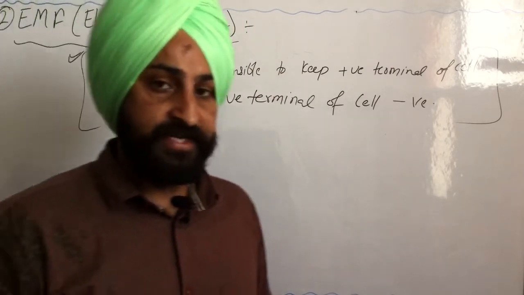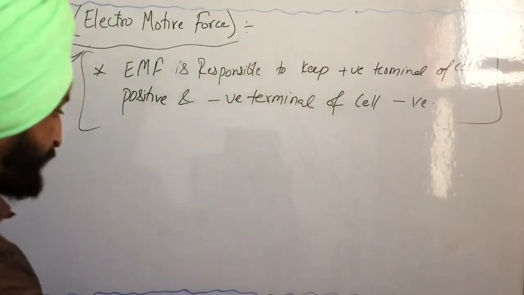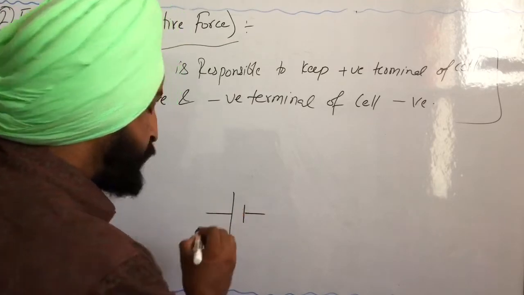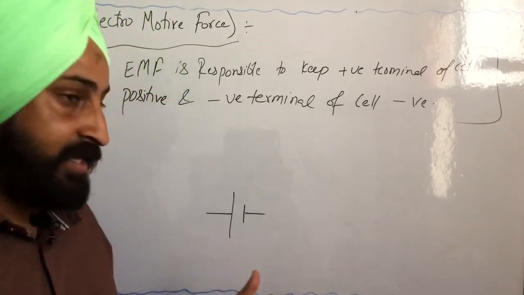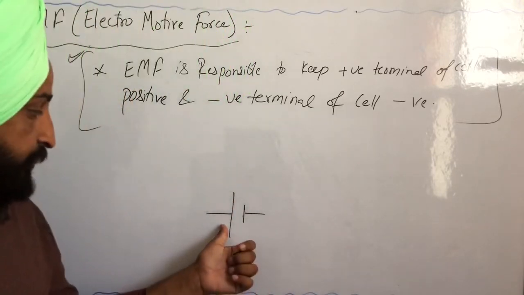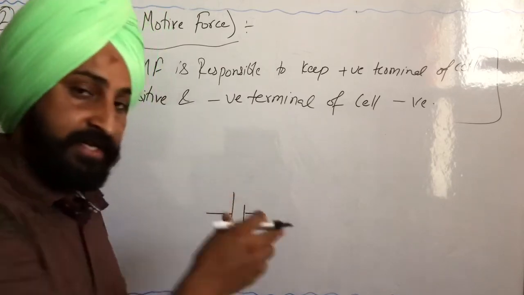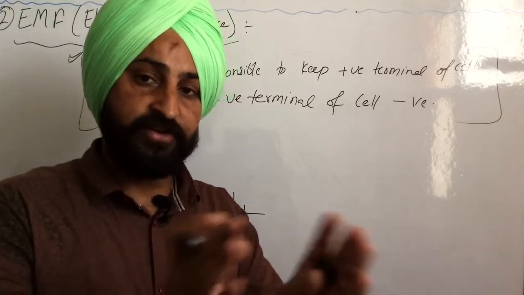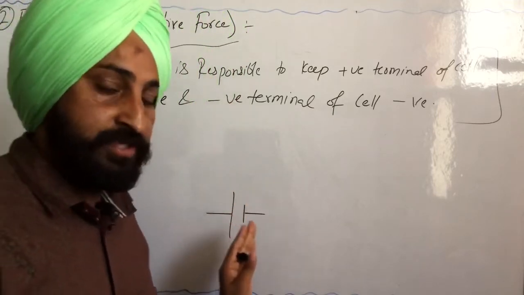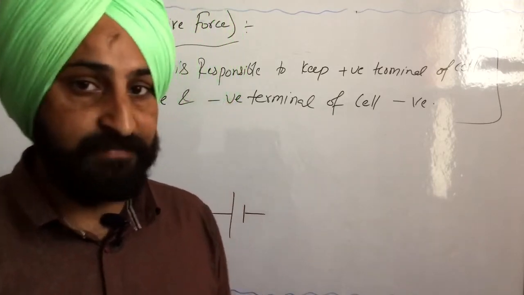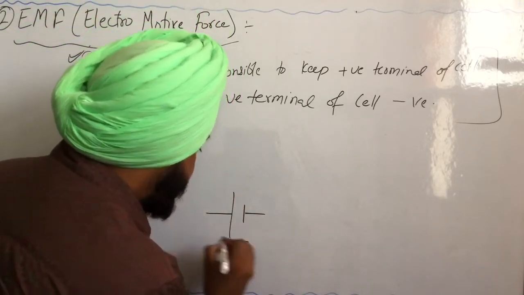Now we will be understanding what EMF is with respect to potential difference. Let us have an unused cell, a cell we have not used. Inside this unused cell, the charge on the positive terminal is confined to the positive terminal only, and the charge on the negative terminal is confined to the negative terminal only. These charges are not moving. Fine. So there must be a force which is keeping the positive charge on the positive terminal and negative charge on the negative terminal. That is EMF. So when you have an unused cell, it has EMF. Now let the EMF of this cell be E.